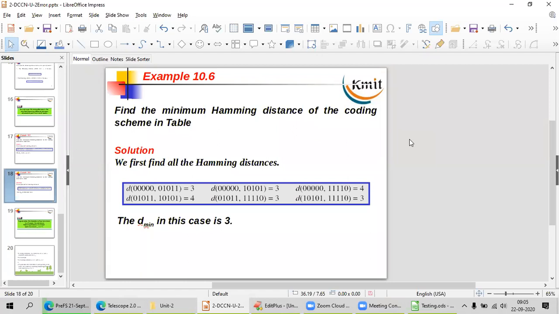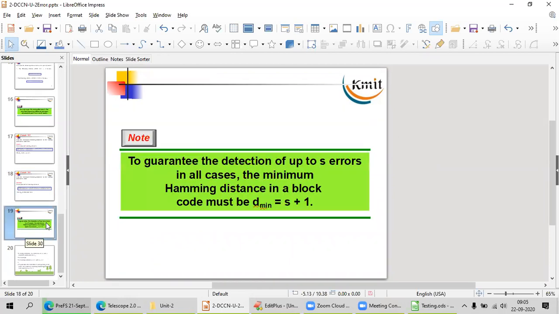The minimum Hamming distance is 3, plus 1, so 4 digits he can modify, not more than that. If he modifies the 4th digit also, that is the parity code, I do not have any issue, so the problem is resolved. Only 4 bits he can modify in that particular thing.